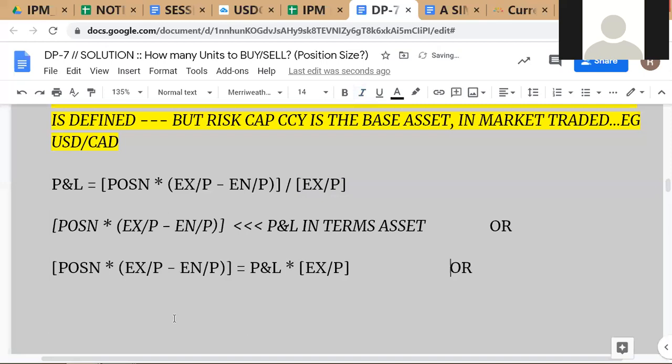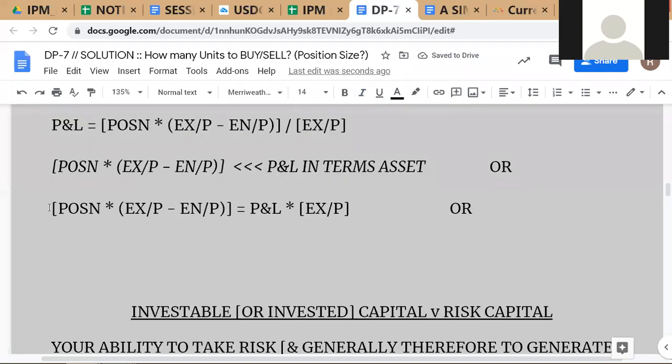All right. Okay. So we write this, and we are trying to find out position. So therefore, we can write position is equal to